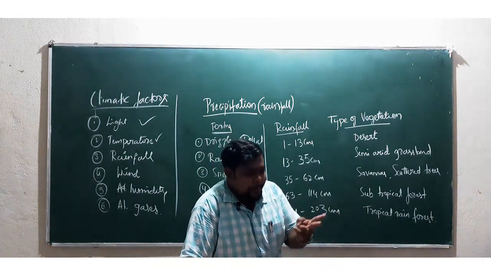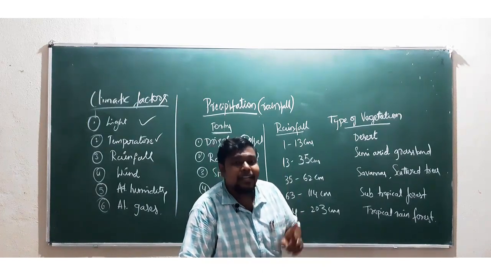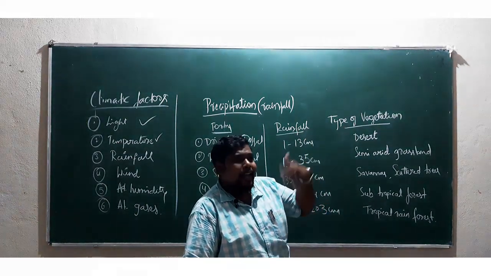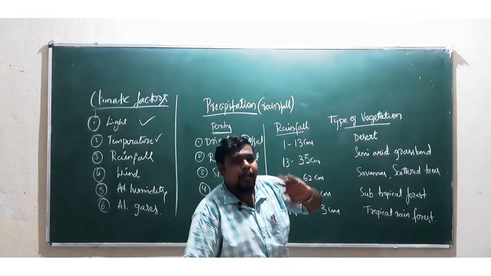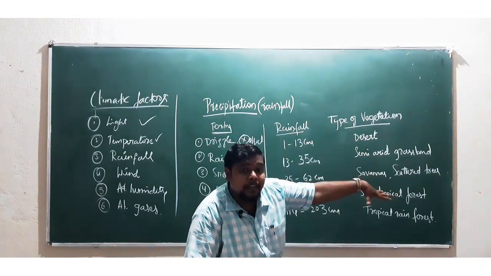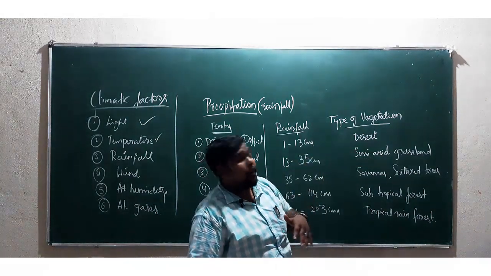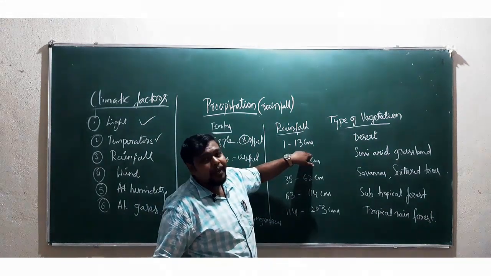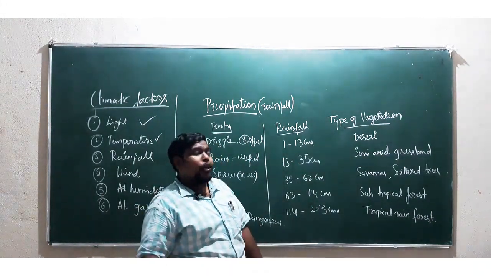Let me take an example of 2 extreme poles, that is Antarctica as well as Greenland. If you take the example of Antarctica as well as Greenland here, the vegetation is completely opposite, and the vegetation is according to that particular condition itself, and it is according to the rainfall there only. And we have various rainfall, that is in the form of centimeters I am explaining. You can get it in the form of meters or in feet also.